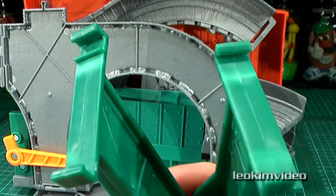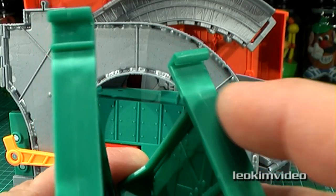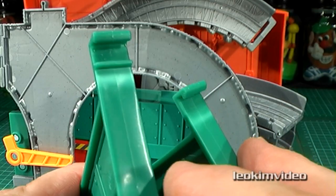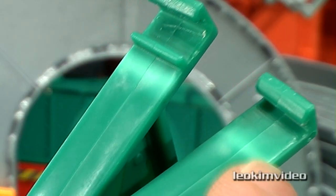Well, here are those green legs, and they get attached to the ramp going up to the spinning part. And you can see they're starting to get a little bit of damage from being taken on and off the set because they're not attached. And when I start to see this happening to plastic, it's not long before sometimes the plastic can break. And there's the underside and a bit of a closer view, and you can see how it's gone white